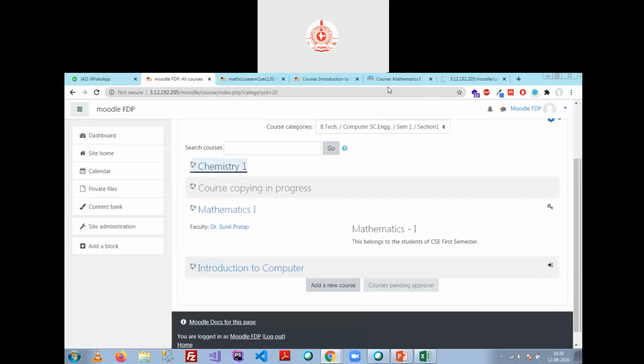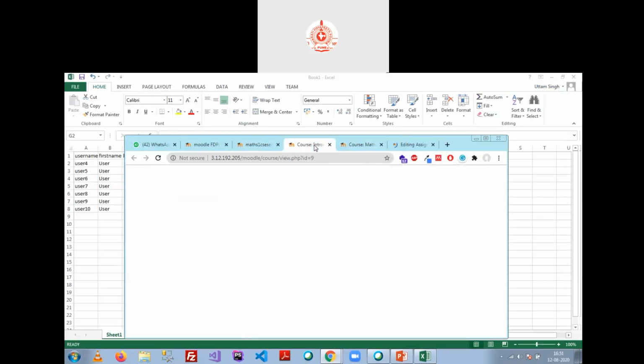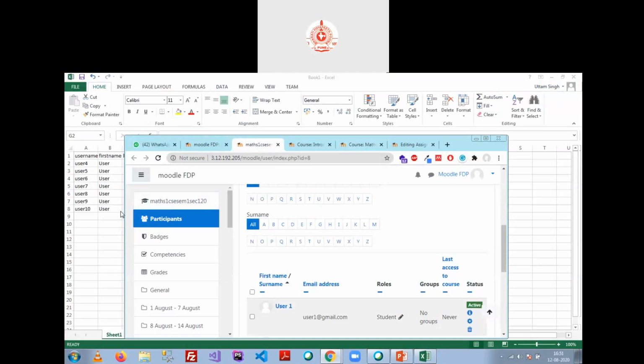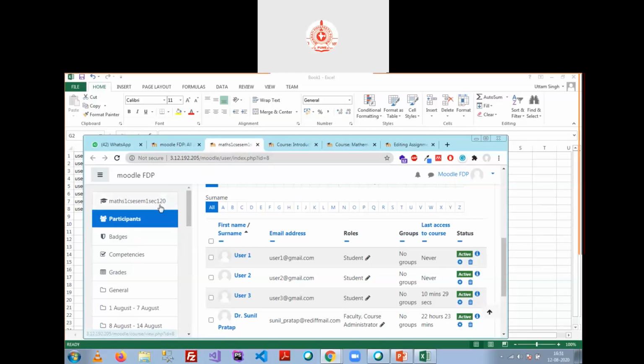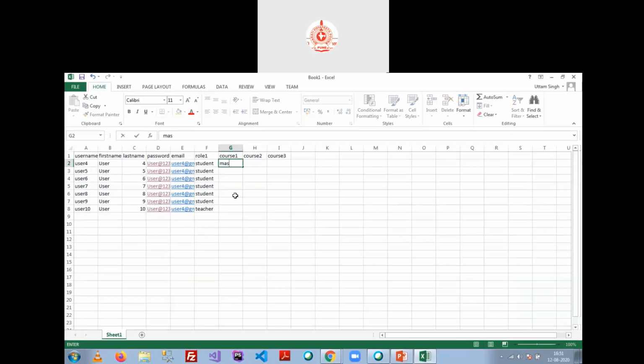Okay, so this is course 1. Now check the short name of the course, that is Maths 1 CSC SAM 1 section 120. So that should be there: Maths 1 SAM 1 section 120.